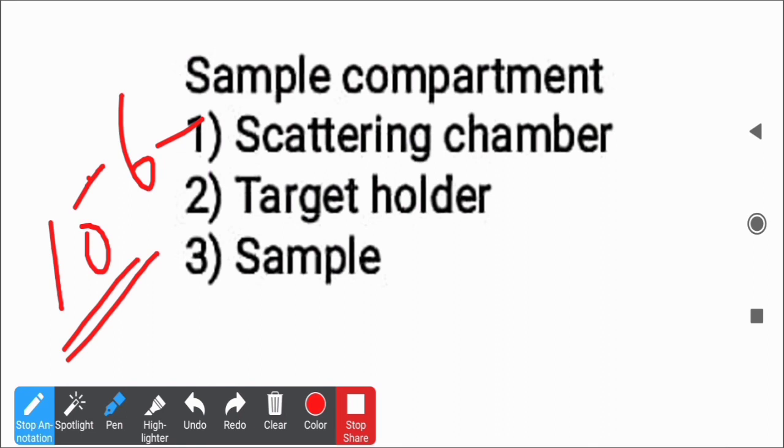Okay, so the basic requirement for the target holder is this: once we have maintained this much low pressure, for the generation of such low pressure we use a huge amount of energy. So if we are investing this much energy, then we must incorporate as many samples as possible onto this target holder so that we can analyze as many samples within a single take. Okay, so this low pressure is useful for the analysis of multiple samples. If we apply only one sample at a time, then it will be costlier for the analysis process.